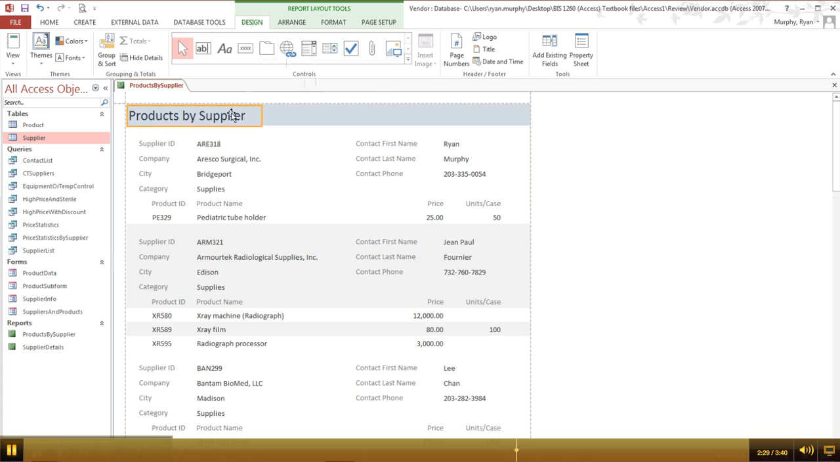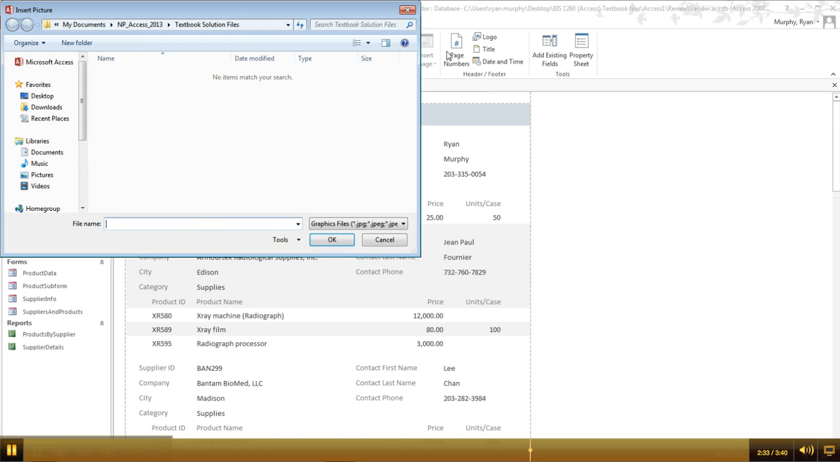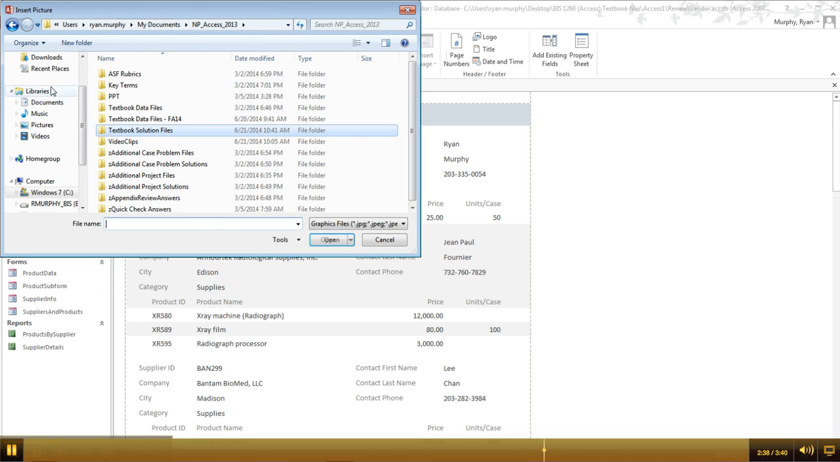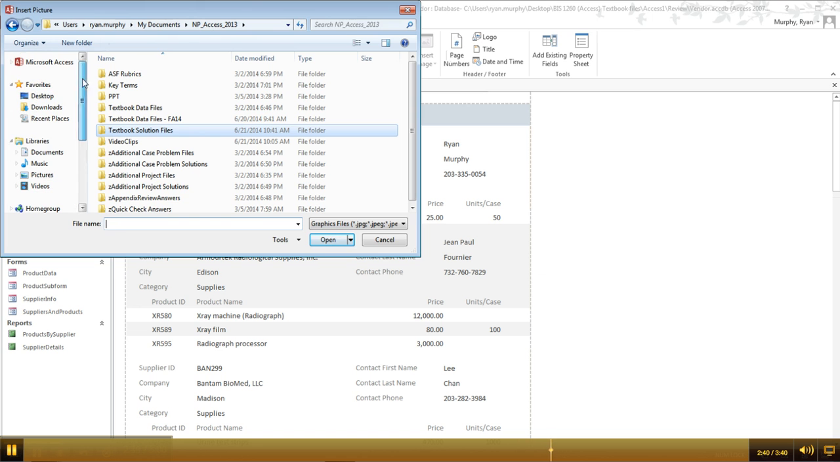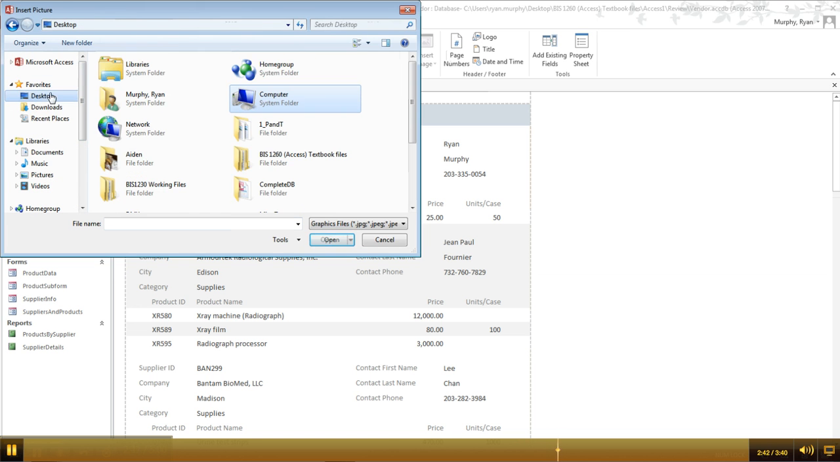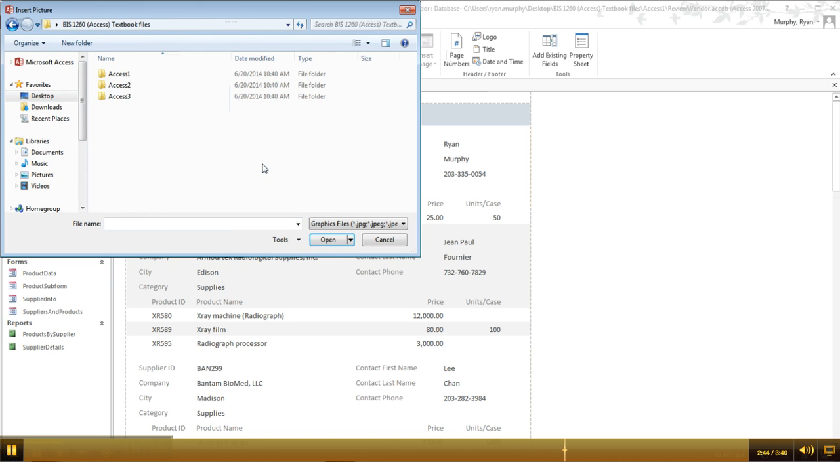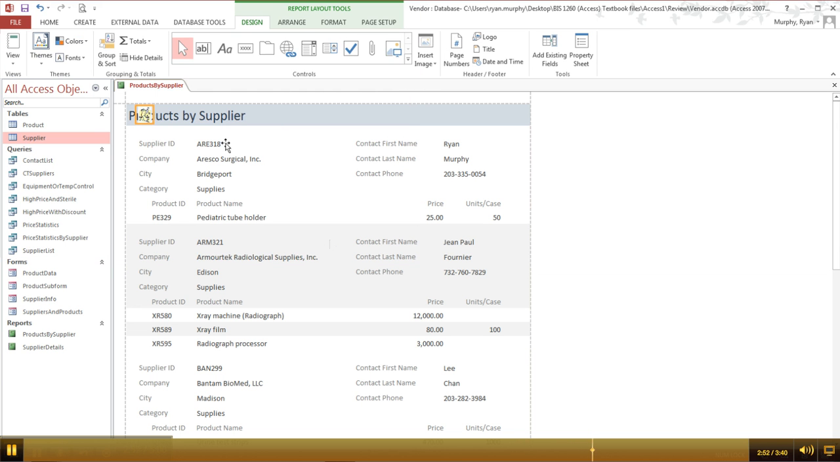And so if I'm on the Design tab here, I can click Logo, and I'm going to look for my desktop and textbook files, Access 1. Yours probably came up already in this folder. I had been clicking around in a previous session. So now I can take that and move it to the right, wherever it is that I want to put it,